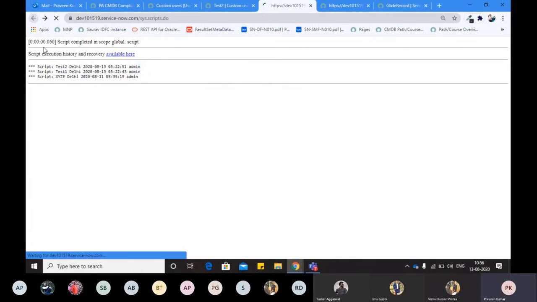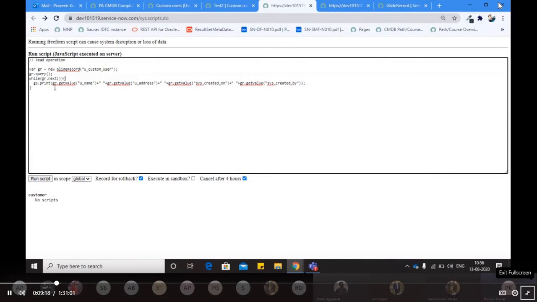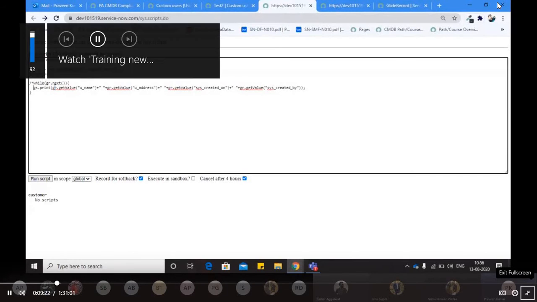So now we have a lot of handy functions in GlideRecord. For example, I don't want to run all this, I just want to print how many records are available. So what will I do?